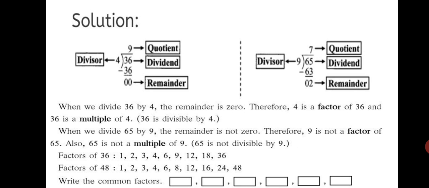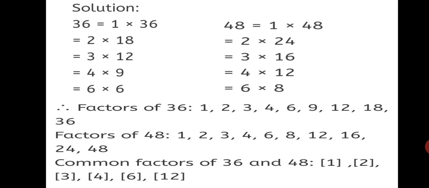Factors of 48, 1, 2, 3, 4, 6, 8, 12, 16, 24 and lastly 48. So the factors begin with the number 1 and end on the number itself. Okay? And then you have to write the common factors in the empty boxes. So I will show you the working how to find the factors. The method of finding factors will be done in rough. In your practice set, you will simply have to mention the factors and the common factors. So let's have a look at the workout solution.